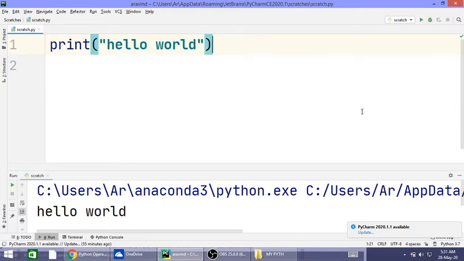The IDE I am using is called PyCharm. It is called the PyCharm IDE. IDE stands for Integrated Development Environment. So this is a Python compiler, as you can simply understand. What is the purpose of the compiler? It will translate the programming language into machine language, which the computer understands. That is binary language. So it is called a compiler for Python.